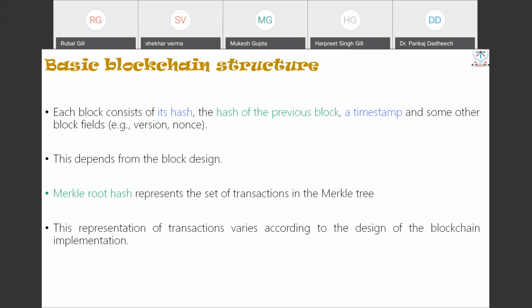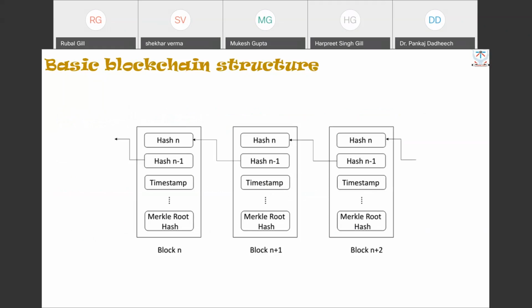So what is the structure of the blockchain? Everybody knows about this. Each block consists of the hash of the previous block, a timestamp, and the block contents. They are arranged in a chained fashion, a chain of hash blocks. That's why the name blockchain. So this is how it is. Some transactions have already happened. The next block is again done at timestamp 2. So this is, say, block number n, which contains the hash of n minus 1, the timestamp, and the hash. And then the second one again contains a